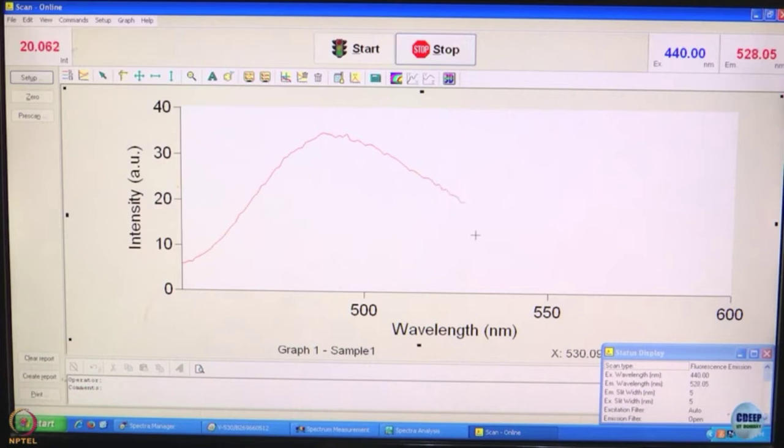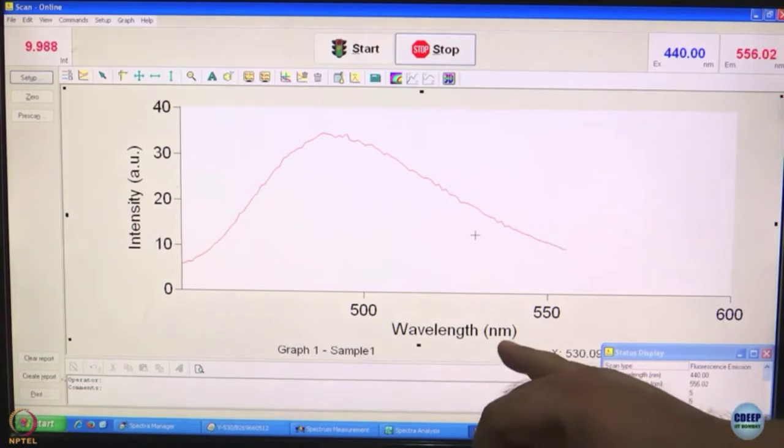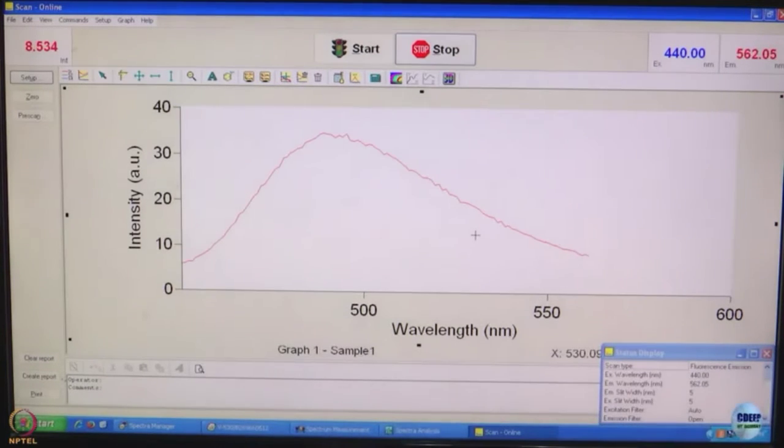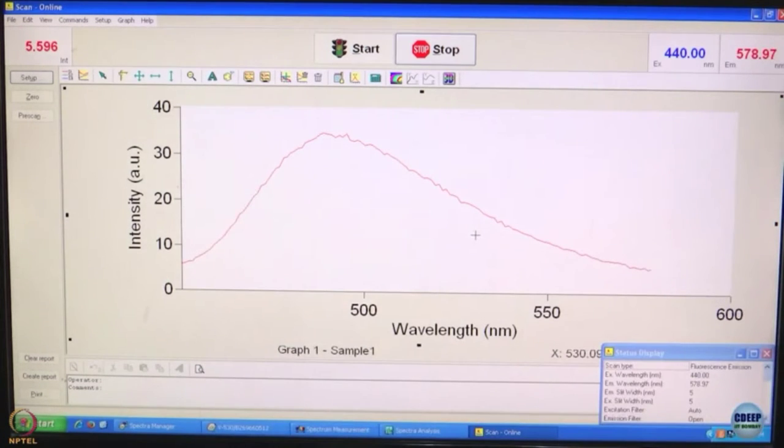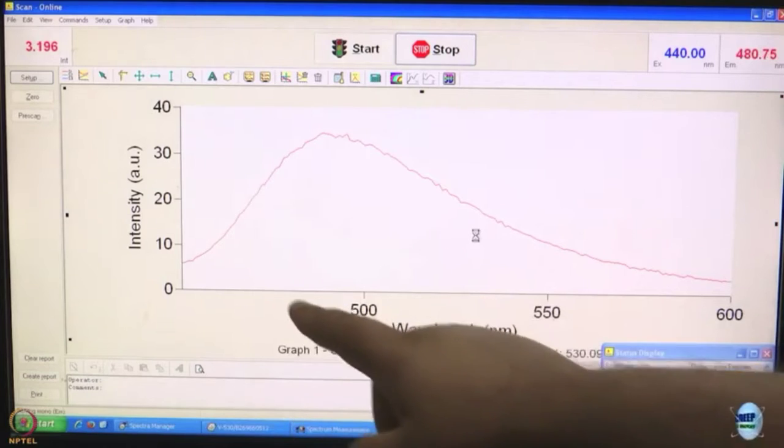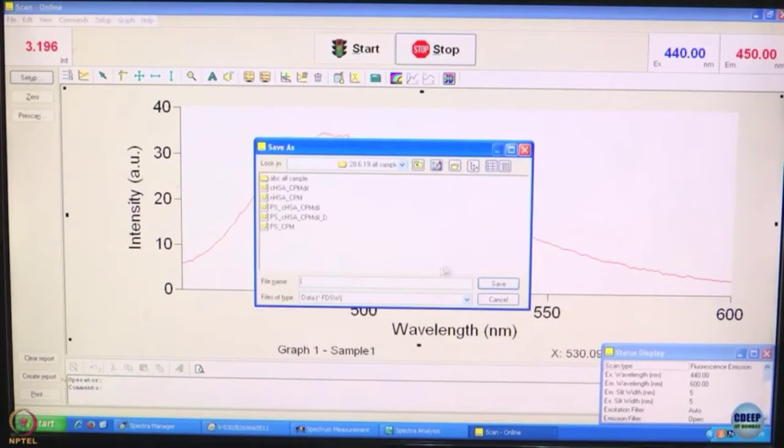After this we are going to go back to the setup and we will change it, and we will try to see whether there is any improvement in the quality of the spectrum. But while we record the spectrum, note the x axis once again is in wavelength in nanometer, y axis now is intensity in arbitrary unit. It is arbitrary unit because the value that you get here depends on many things. It depends on what kind of slit width you use, what is the lamp intensity that particular day, and so on and so forth. What is the absorbance of the sample? So, this value as such does not have too much of a meaning.